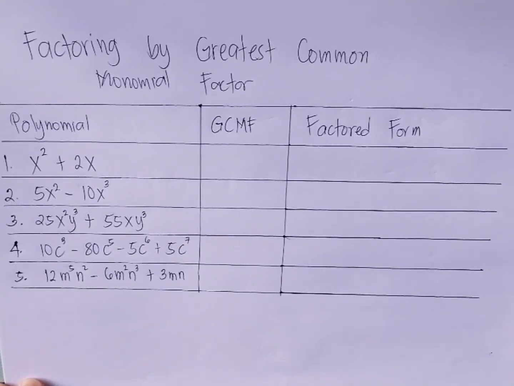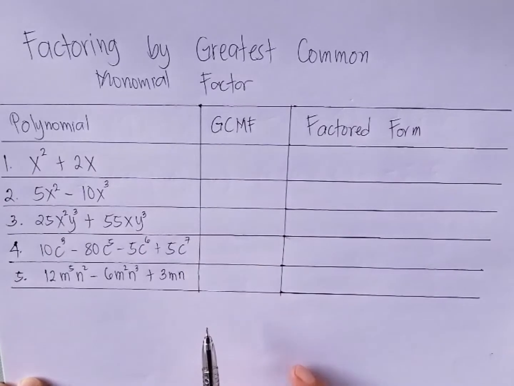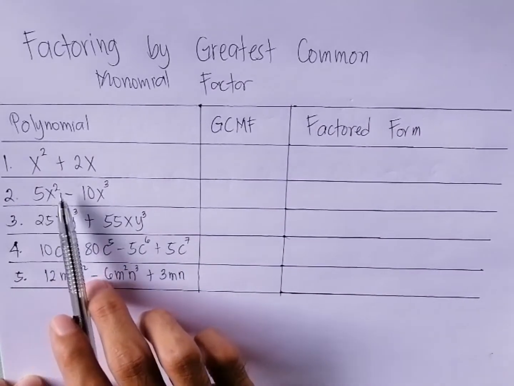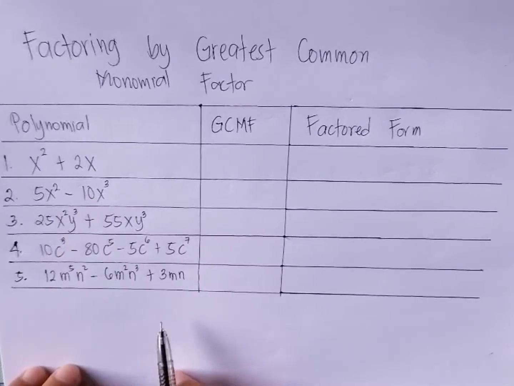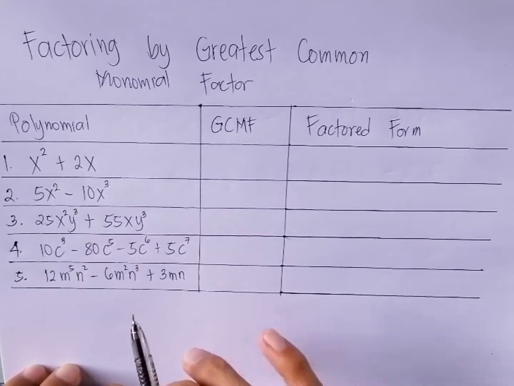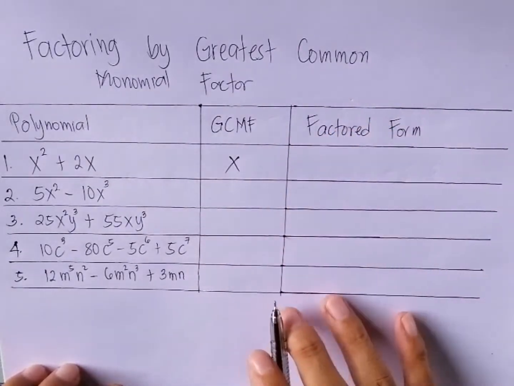Okay, so we have factoring by greatest common monomial factor. Given each polynomial, find the greatest common factor and the factored form. For number 1, we have x squared plus 2x. So the greatest common factor here is x. Then for the factored form,